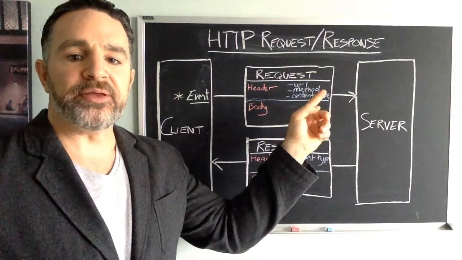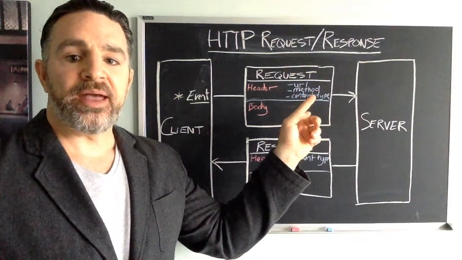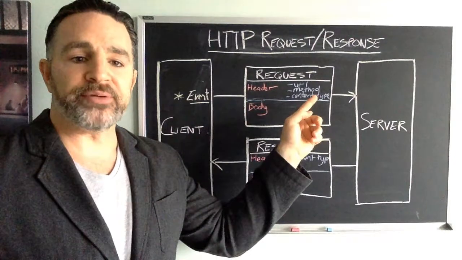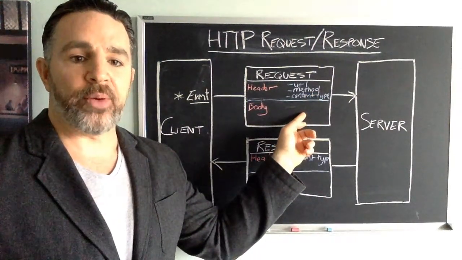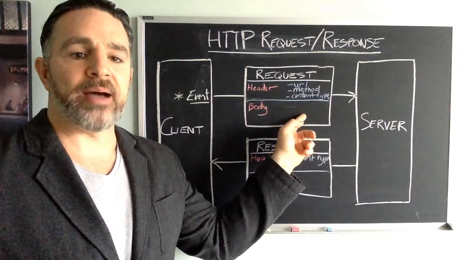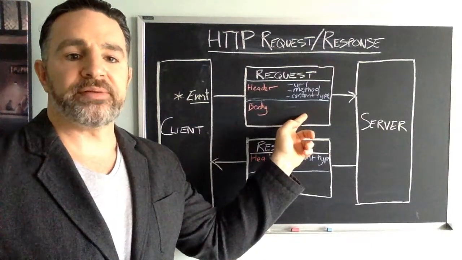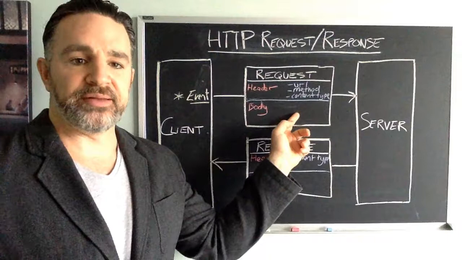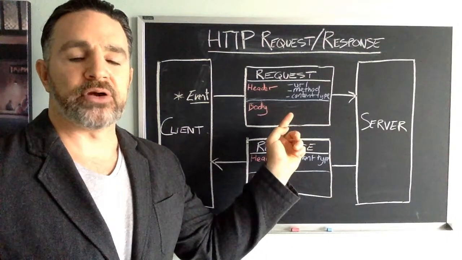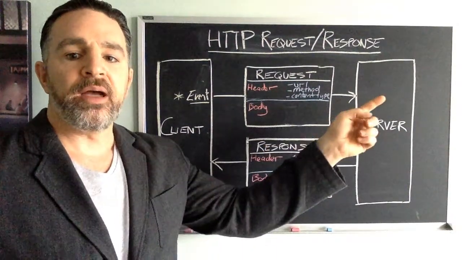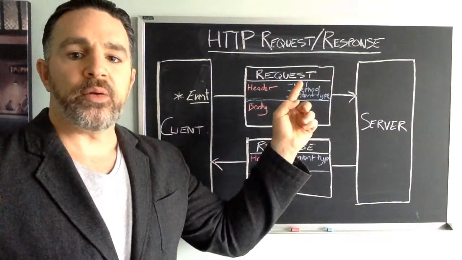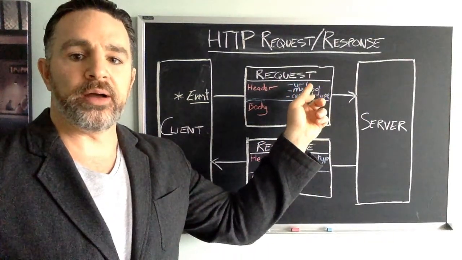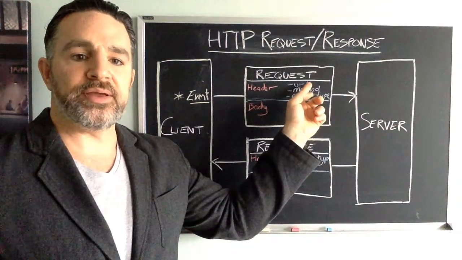So the method was GET, and the content type was actually nothing because there's no body to GET requests. That's the difference between GET and POST. POST requests actually have some content in the body. GET requests do not. So our node server received this GET request with some data that were worked into the